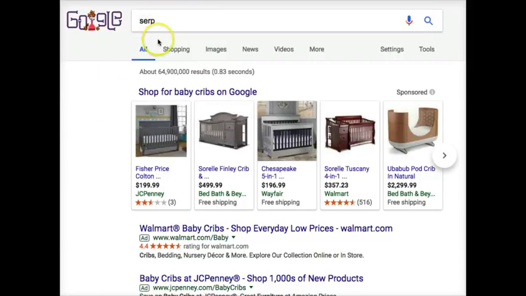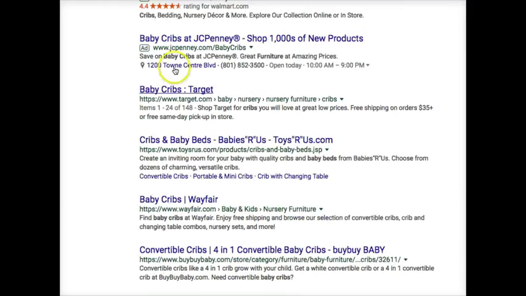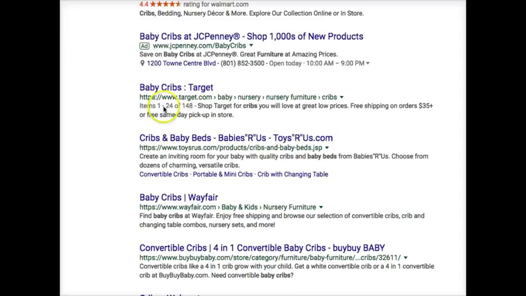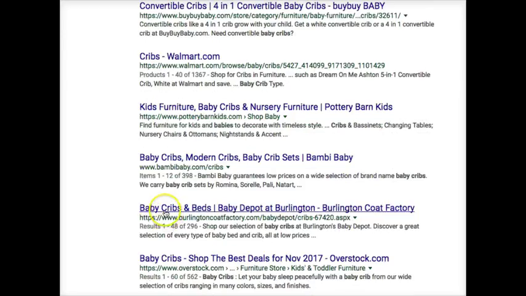SERP stands for Search Engine Results Placement, or some people call it Search Engine Results Pages. But basically, these are the SERPs, Search Engine Results Placement right here, placement number 1, number 2, number 3, number 4, number 5, number 6, and so on.